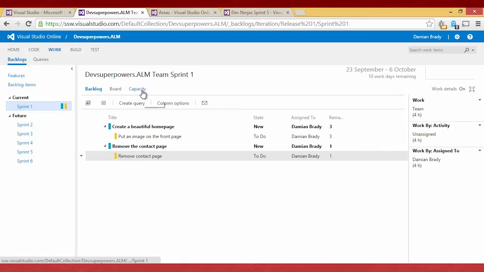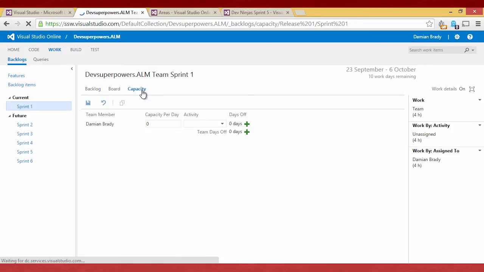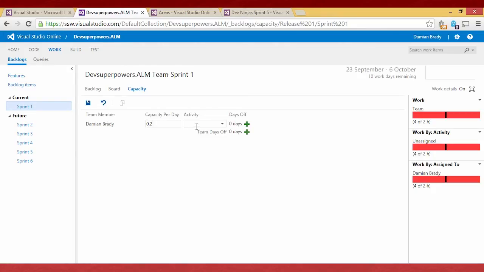But I'm just gonna flick to the capacity item over here. And this, again, is optional, you don't need to do this, but we're gonna say, for example, to make it a bit more realistic, that I'm available for 0.2 hours per day, and we've got these 10 work hours, let's say half an hour per day, just so we have them under our limit. So you can see once I start assigning this capacity,